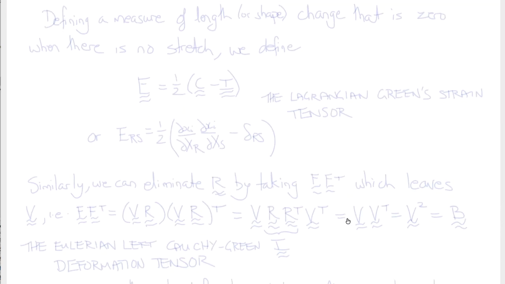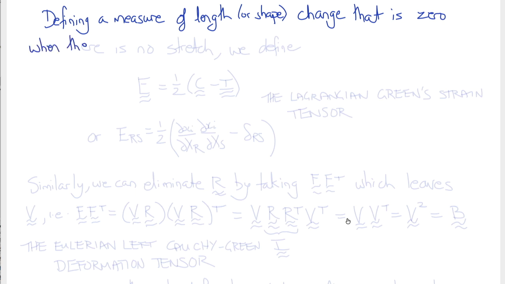Engineers like to define shape change or strain in a way such that when there's no shape or length change, the quantity is zero. Whereas if there's no stretch, U would be I, and therefore C would be I. So to define the strain tensor, we subtract I from C. So this gives us E equals 1/2 of C minus I, which is known as the Lagrangian Green's strain tensor,